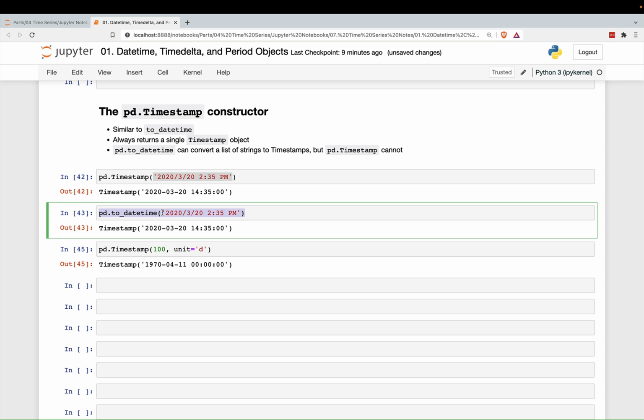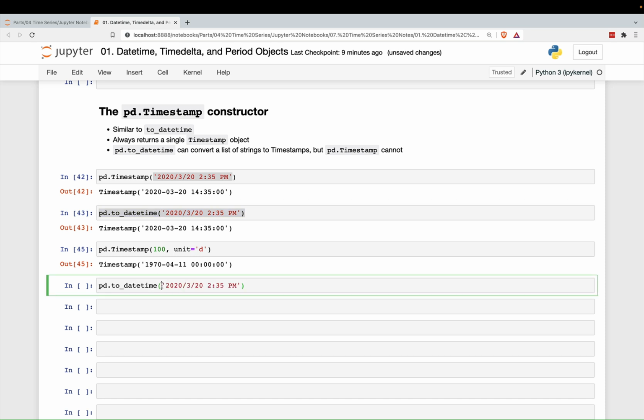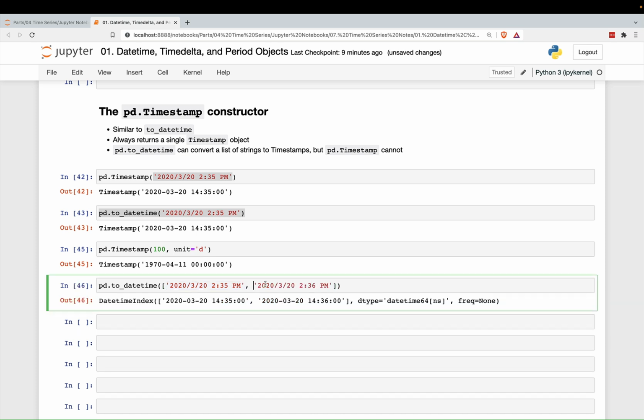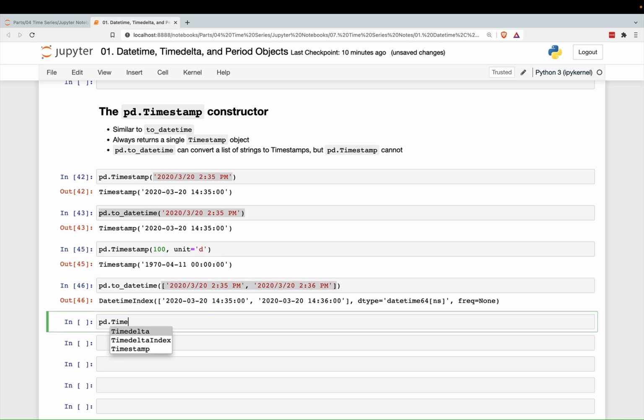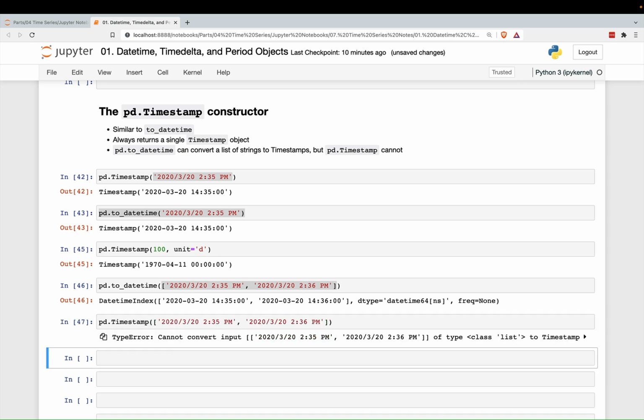pd.toDateTime can actually take a list of things. So let's say there's multiple times over here. We'll do the next minute. Whereas, this doesn't create a series actually, it creates a DatetimeIndex, but just think of it as a sequence of values, but it's really an index object that you can put in your index or your columns. If you try to do this with the Timestamp constructor, you're not going to be able to do